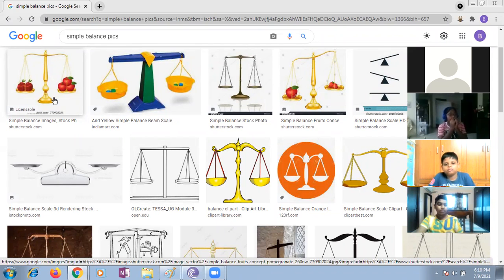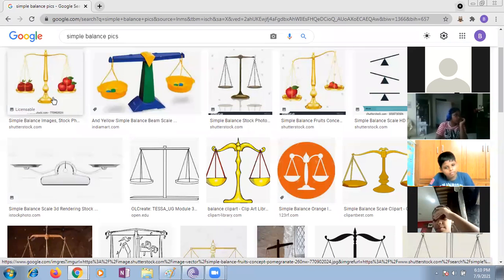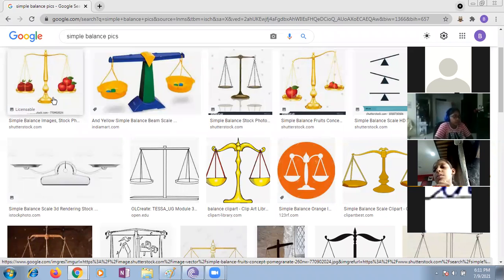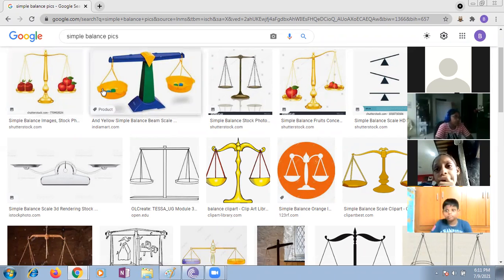Coming to the fourth picture on the first row, is it balanced, children? No, it is not balanced. Why? Because the weight of the left side part is more than the right side part. If you want to balance, you have to either put more weight on the right side or add some part. So you are going to balance your things. Just remember this picture in your mind, and you can easily solve the sums, children.